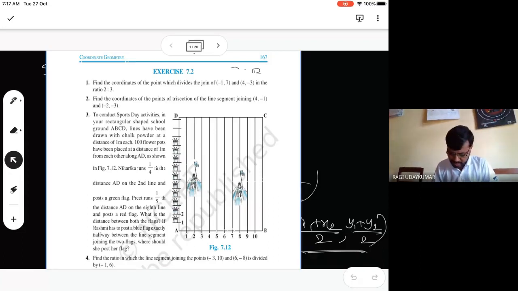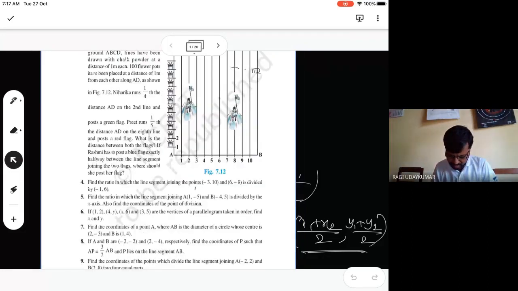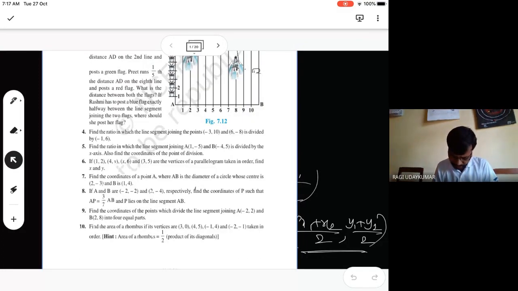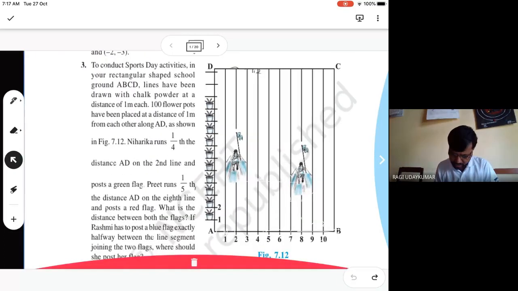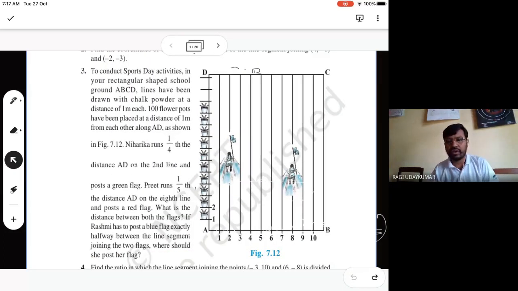Okay, so let us complete the exercise 7.2. Then after 7.2 complete करते हैं. Sorry. So what is the question given in the 7.2? Third question you read here. These type of questions you may expect even in your board examination also. Here already it is given to you. One model is given to you.